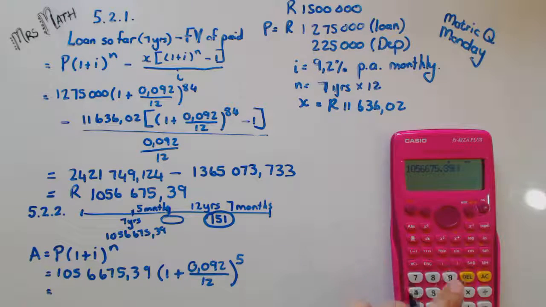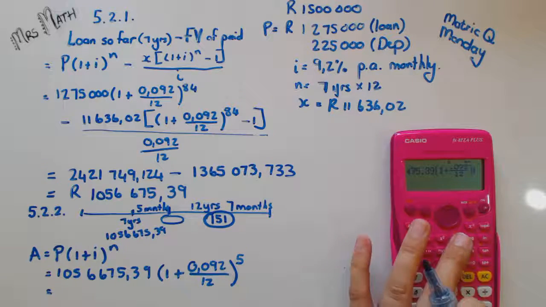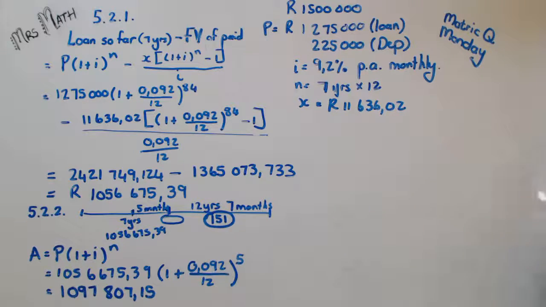Okay, so 5 months, and that is then 105,675.39 times (1 plus 0.092 over 12) to the power of 5. Okay, which basically means now 197,807.15. Now, after the 5 months that he missed, this is what he basically owes the bank now. Okay, and then he's gonna pay this back